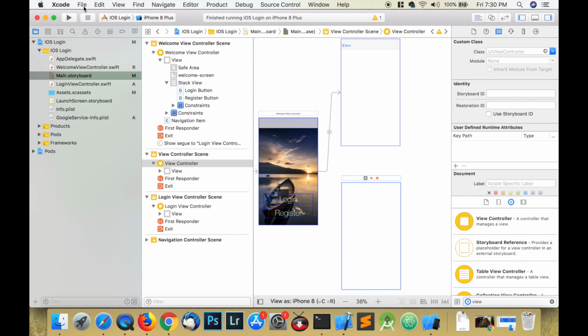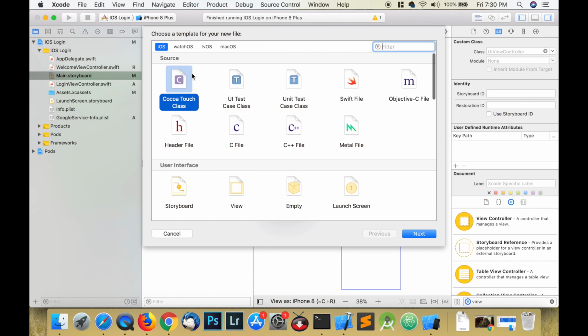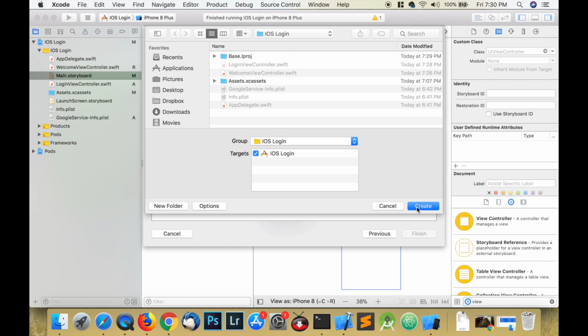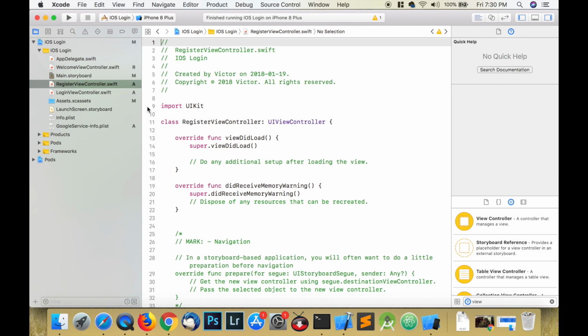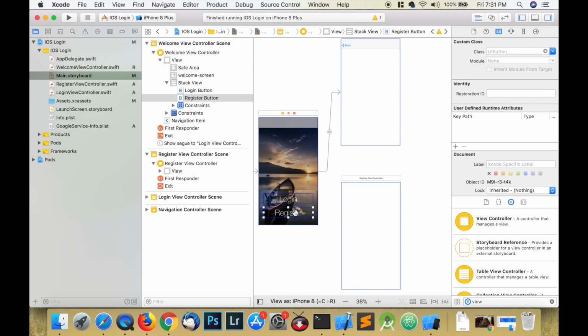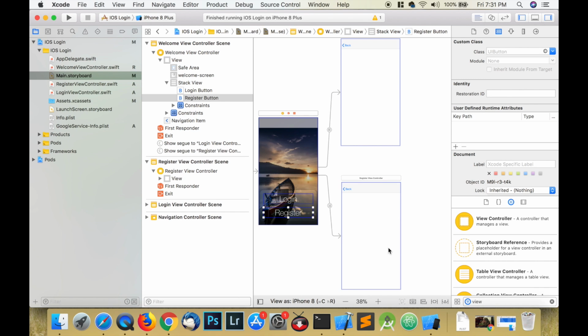Okay, just drag a view controller just as before. We'll create a new class just as before, call it register view controller. Okay, and then we're going to go into the identity inspector and make sure we have register view controller. And then we're going to create a segue from the register button to the new view controller that we just created. And we're going to give that,